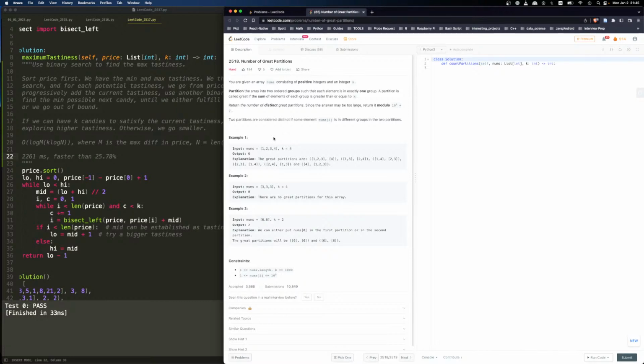We need the 2 to be at least k. So we can find the smallest that adds up to k. Well, I mean, we need to first find the total sum. Okay, we find total sum, and then